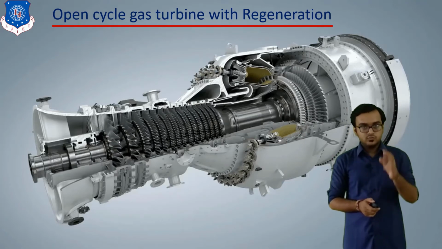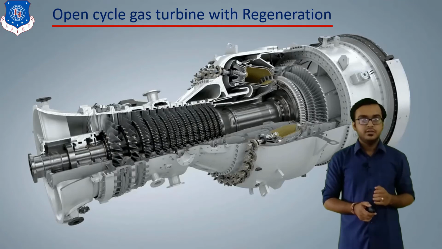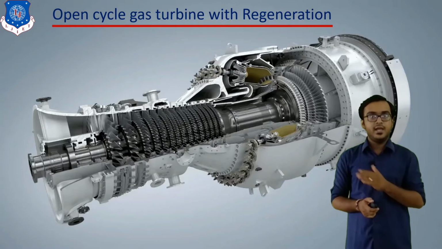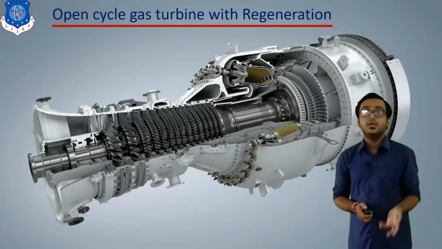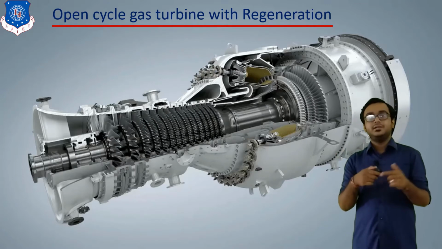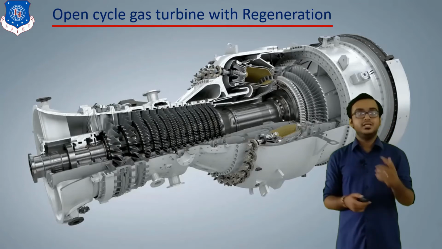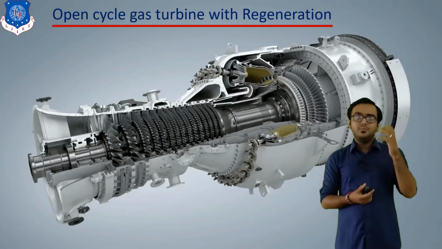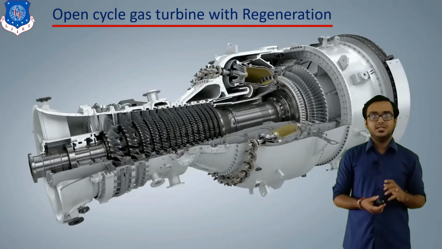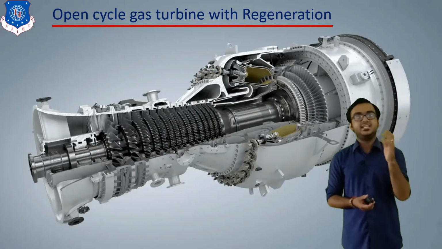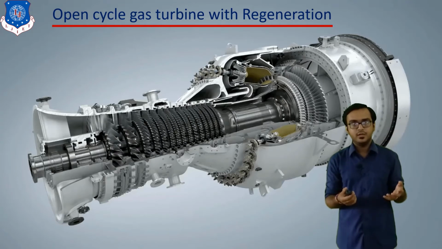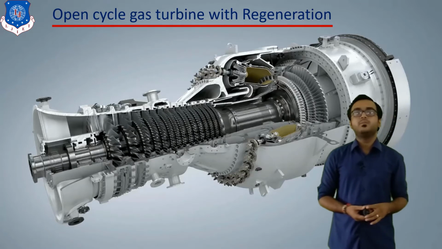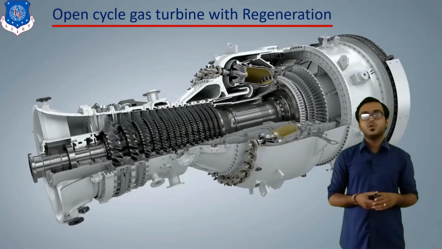Because of the addition of the combustion chamber, the net work produced by the low pressure stage turbine is improved, and hence the work output is increased. As the work output is increased, it means the efficiency is improved. But the methods that we have previously discussed are all about the addition of a heat exchanger between two stages. So now in today's session I would like to brief you on the open cycle gas turbine with